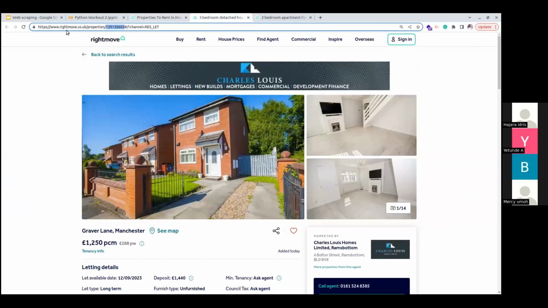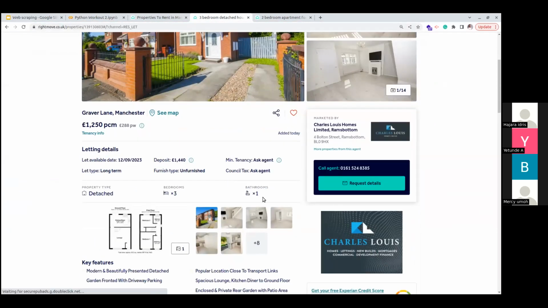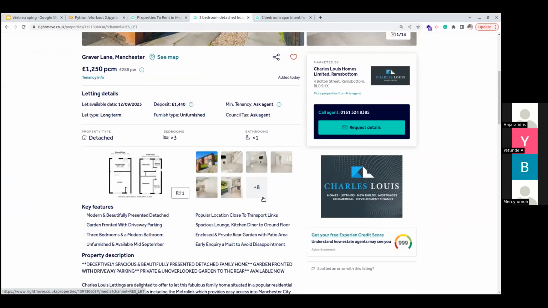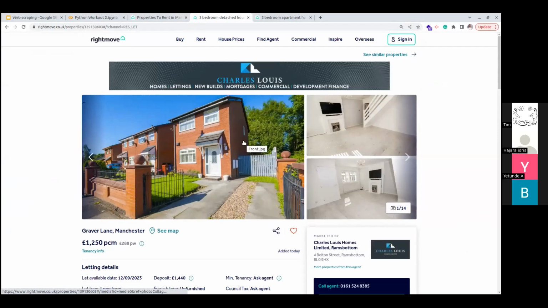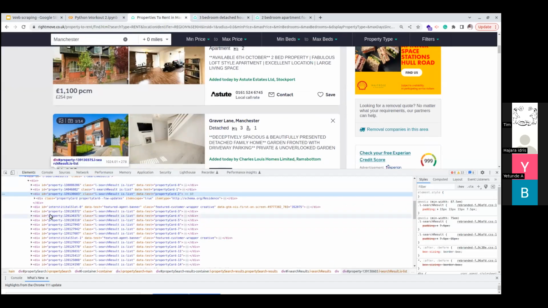And we just do rightmove.co.uk/property/ that ID, it is definitely going to bring us to the page that contains all the details related to the house. We are not going to do that one today. So that one is for you. I decided that I'm not going to go to that, but part of the things that we will scrape is the ID, this ID that you have here. We are going to also get the location, you know, and all of these details.